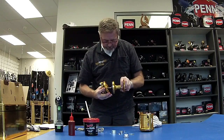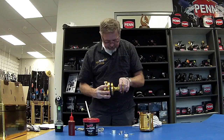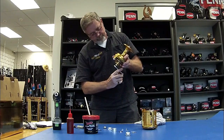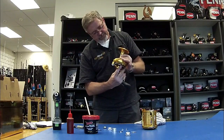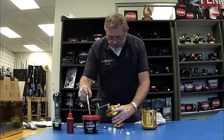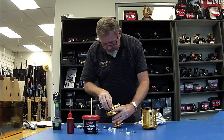Carefully slide this through. There's a square inside the drag plate that's got to engage. See how that spool just fell into place? So that is now in the correct position. Once again, don't force anything. If it doesn't feel like it's going to move in there correctly, then